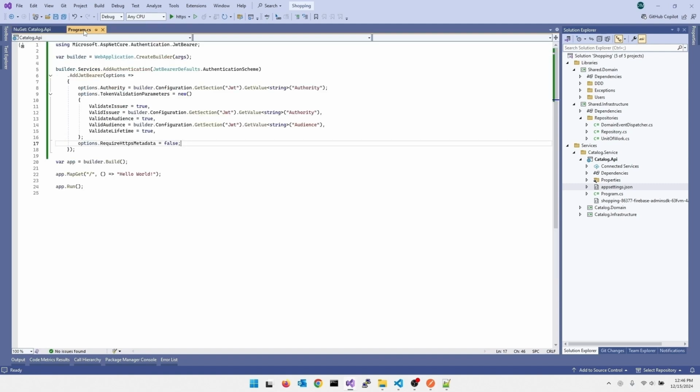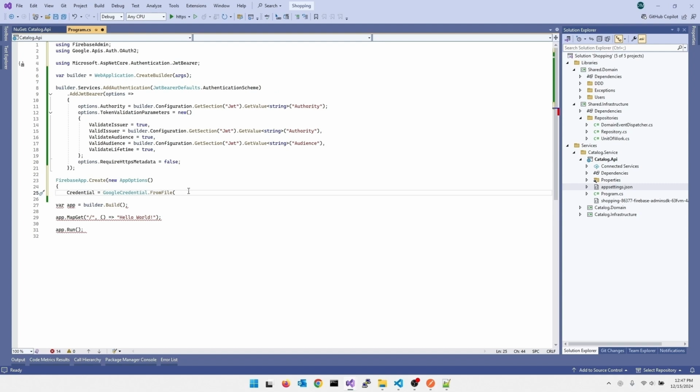And the other thing we need to do is actually wire up and tell Firebase. So when we start our app, we need to basically start the Firebase admin side of things as well. So during our build process, we're going to wire up, I'm just copying this to save a little bit of typing here. We're basically creating a Firebase app that is going to run, and we need to now pass it the path to